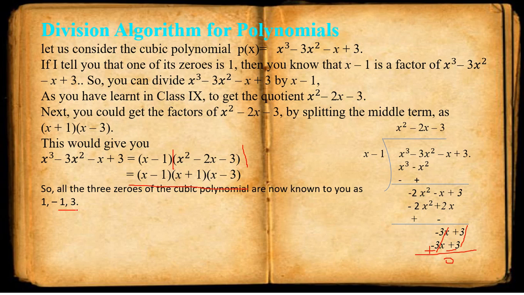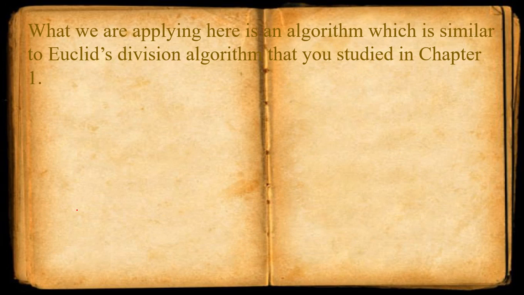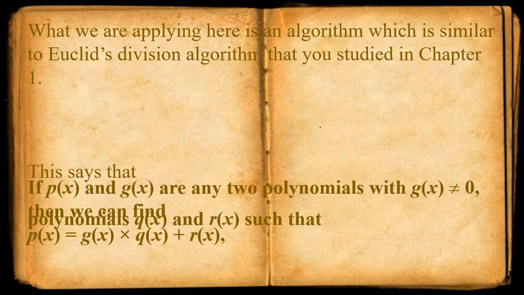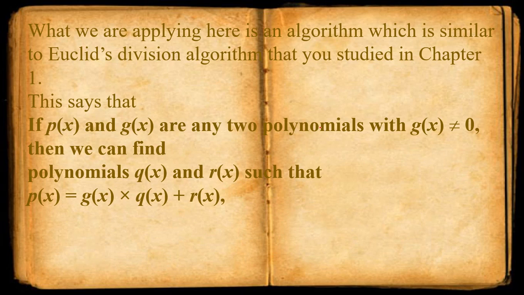We will follow the same for finding zeros of a polynomial of degree greater than 3. So the process we apply here is, first of all we have to divide the polynomial and check the dividend and divisor. If the degrees are not equal, we make the degrees the same. This is the same as the Euclid division algorithm as we learned in chapter number 1.